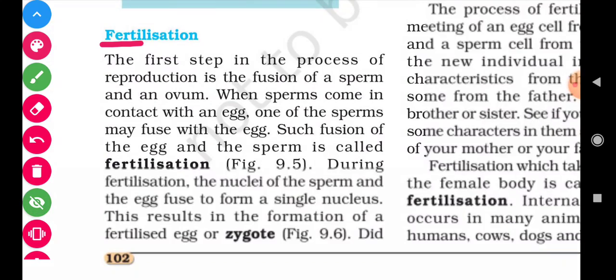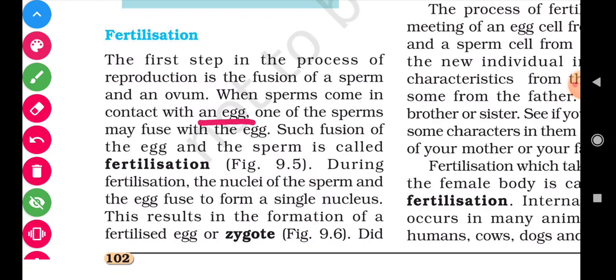After that, the process of fertilization starts. The first step in the process of reproduction is the fusion of sperm and an ovum. When sperm come in contact with the egg, one of the sperms may fuse with the egg. Such a fusion of the egg and the sperm is called fertilization. So, students,